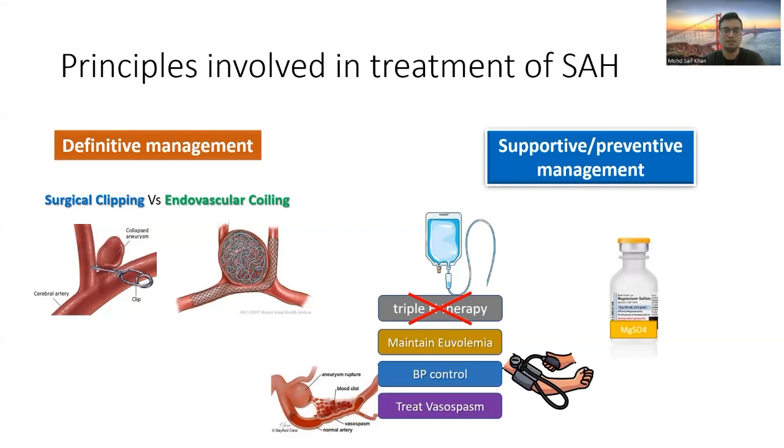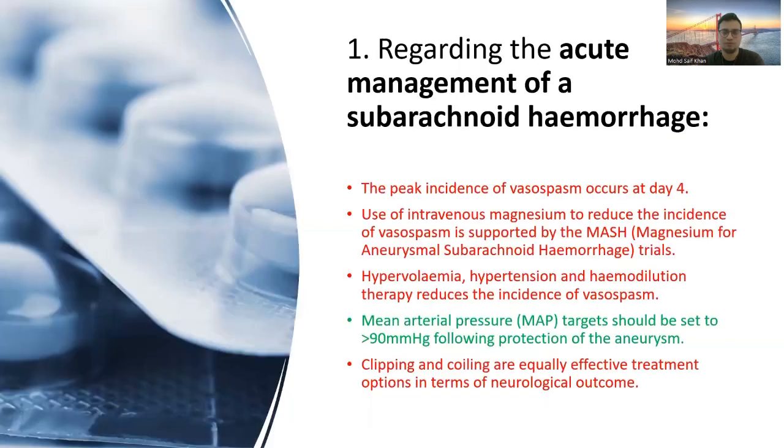Now regarding magnesium, magnesium is a cerebral vasodilator. Sometimes they say that it is useful, and that has been tested in a trial, the MASH-2 trial, and it was found that there is no improvement in outcome in the magnesium sulfate group compared to placebo. So magnesium sulfate is not at all recommended, right? That's all. I think we will move on to